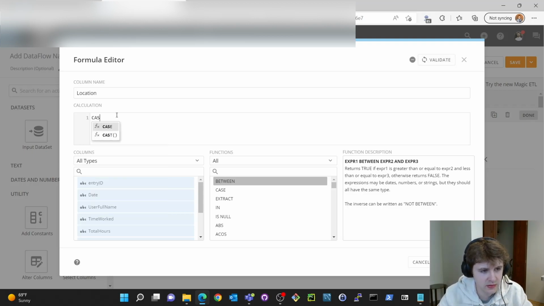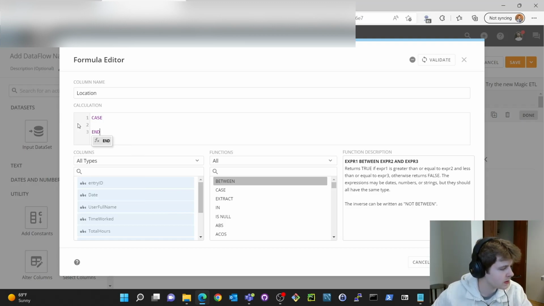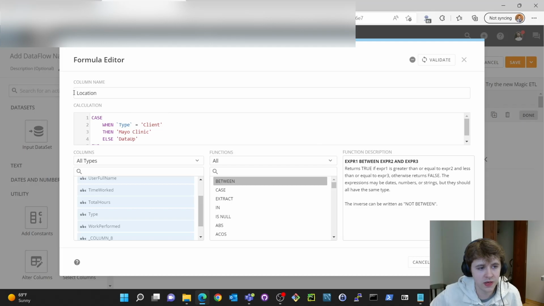So let's do case, end, when, and now we need when our data type equals blank. So when, let's do type equals client, then Mayo Clinic. We can then do else data up. So essentially what this is doing is it's going to create a new column with the name location,